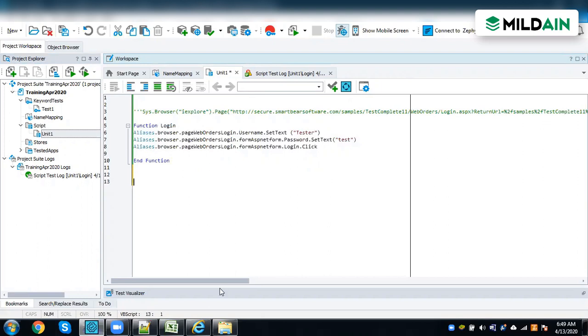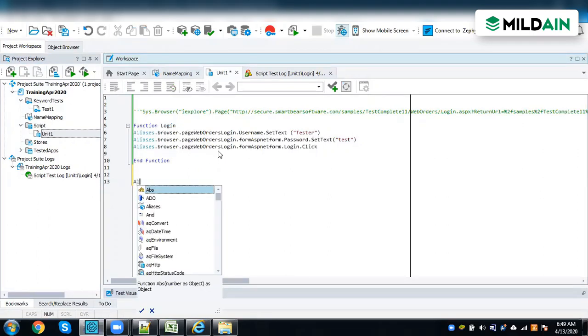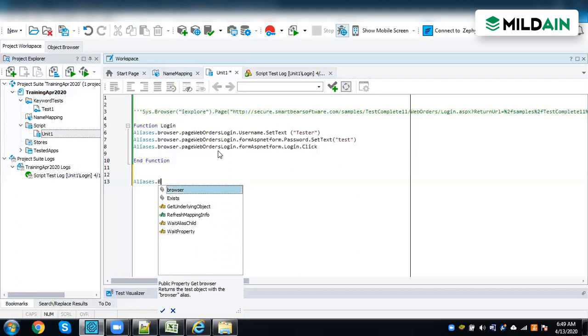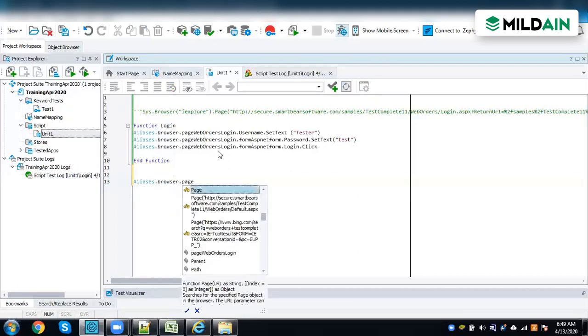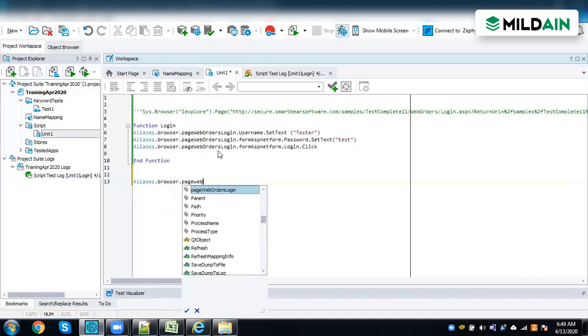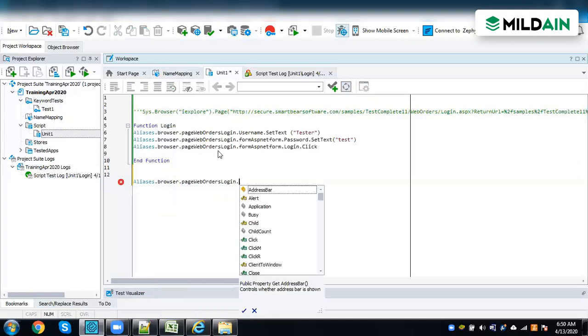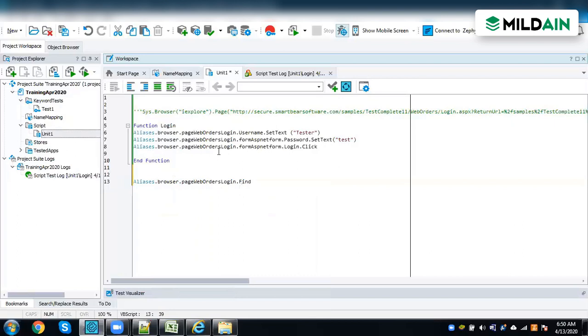Descriptive programming means you will use the property and the value. You will not store the properties and values, but you will perform the operation. For example, with this same one, I'll use Sys.Browser.Page, whatever the page web orders login, dot FindChild.